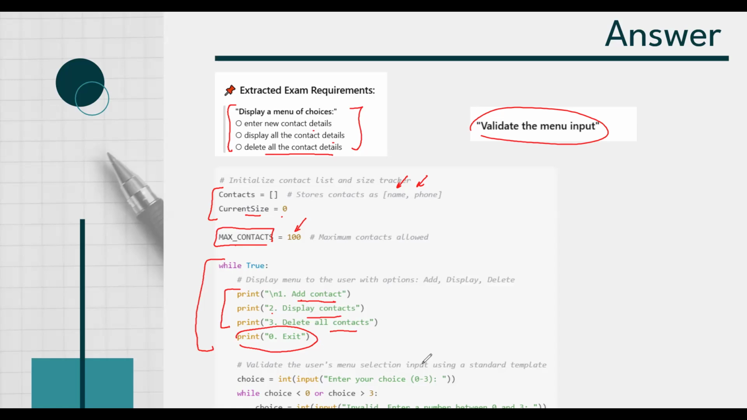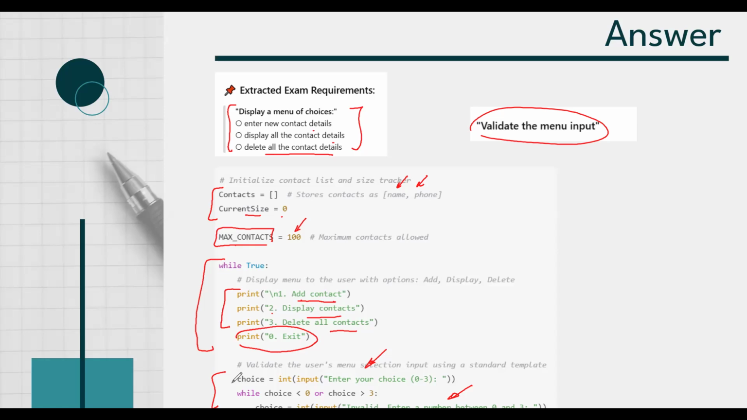To validate the choices, we need to take an input from the user, and we tell them they need to give us a number between 0 and 3. If the number is below 0 or bigger than 3, then we tell them this is invalid, and we ask them to enter another number, and so on. This is a validation algorithm that we already know and have seen in previous playlists, and I already include